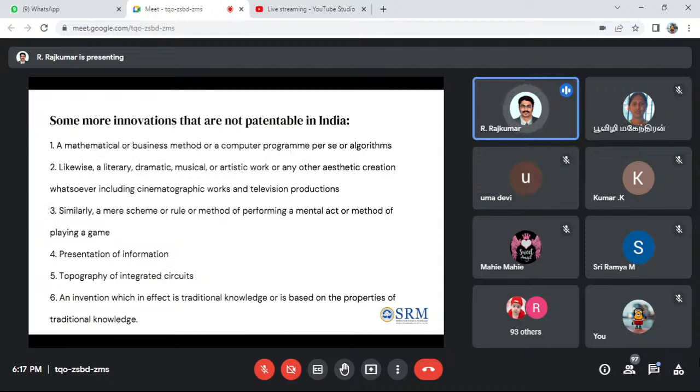Here we can discuss later which inventions are not patentable in India, such as mathematical or business models, and presentation of information. This PPT cannot be patented. Literary, dramatic and musical works also cannot, because you probably know the controversy between SPB and Ilayaraja.